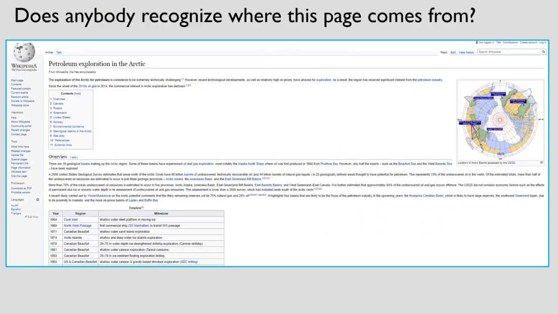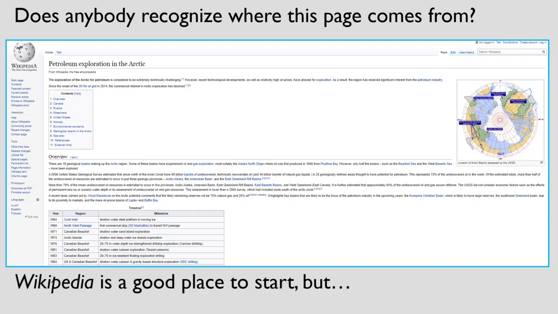Does anybody recognize this page on the screen or where it comes from? I think there's a hint in the upper left corner. It's a page from Wikipedia. And Wikipedia is not appropriate as a scholarly or academic source. It's a good place to start, but it's not appropriate to list Wikipedia in your bibliographies or to rely on Wikipedia for information when you're doing your research, when you are